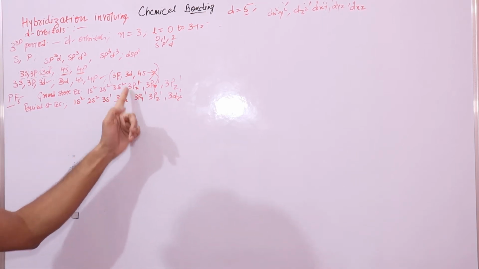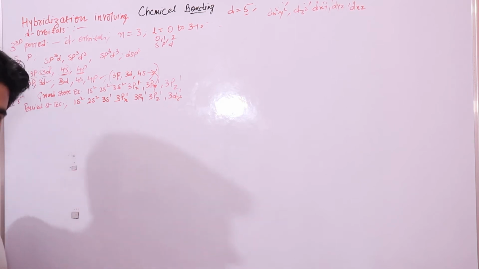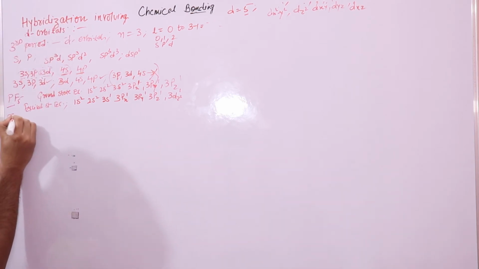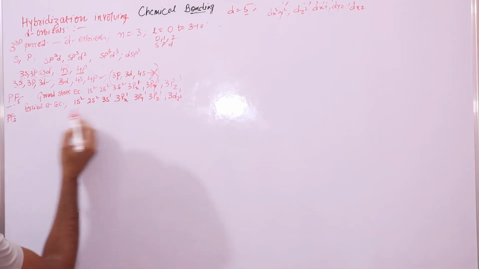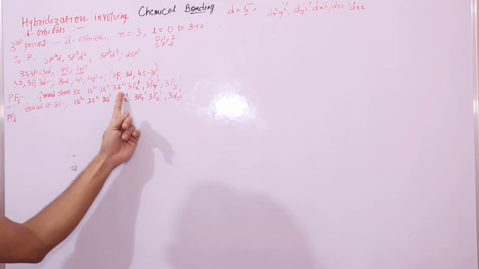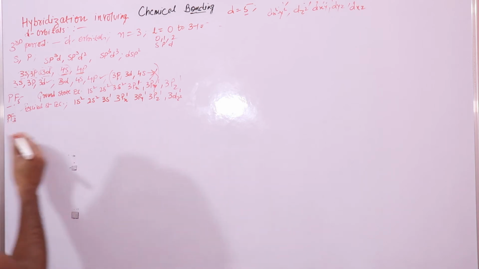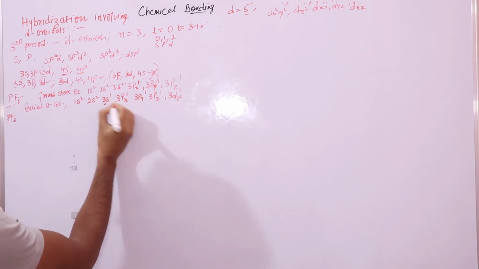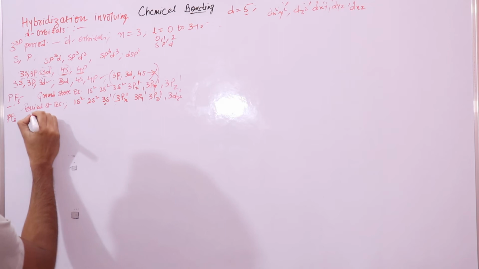In the ground state, you can see you have 3 half filled orbitals, right? From this ground state electronic configuration, the compound possible between phosphorus and fluorine is PF3. But in order to form PF5, you need the excited state electronic configuration, when an electron is moved from the 3s orbital to the 3dz orbital. So now the 3s orbital, these 3p orbitals and 1d orbital will undergo hybridization like this.